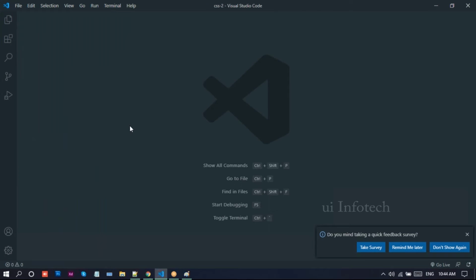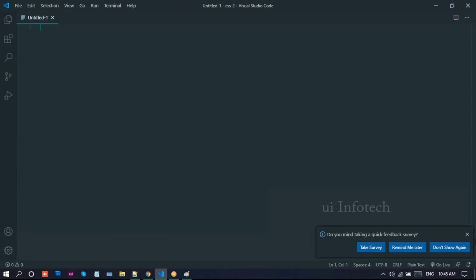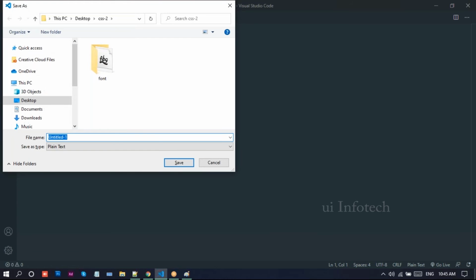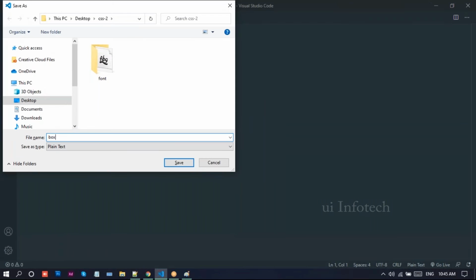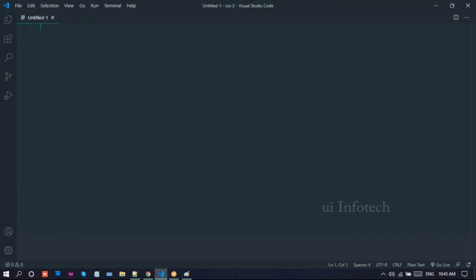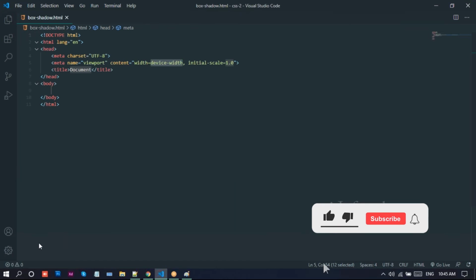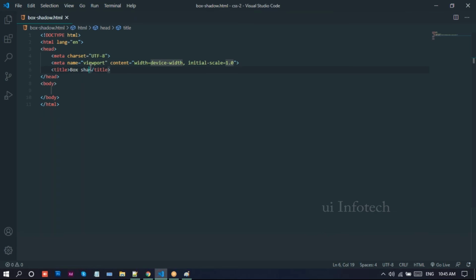So I created a new program with Control N. Now I can save this file as box shadow.html.